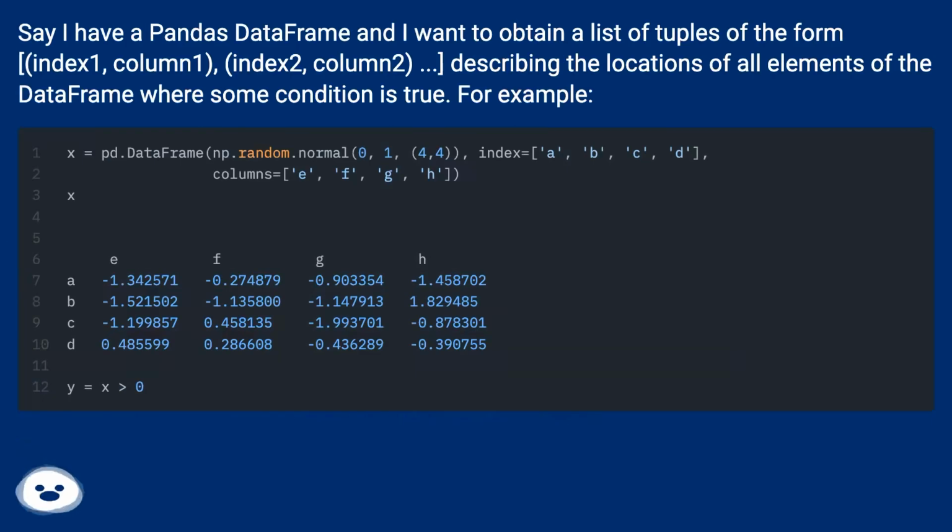Say I have a Pandas data frame and I want to obtain a list of tuples of the form (index 1, column 1), (index 2, column 2), describing the locations of all elements of the data frame where some condition is true. For example,